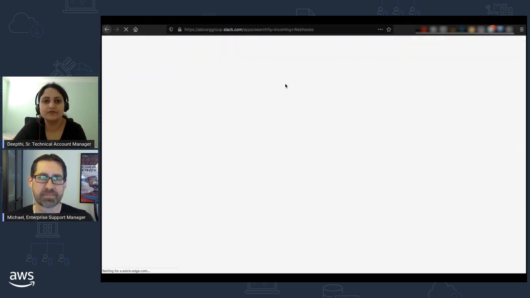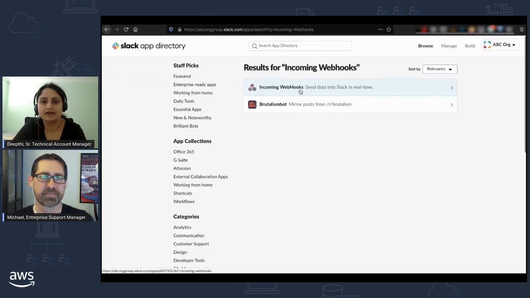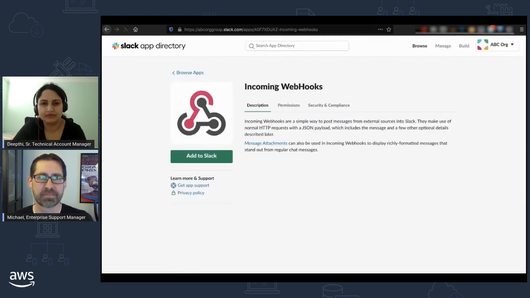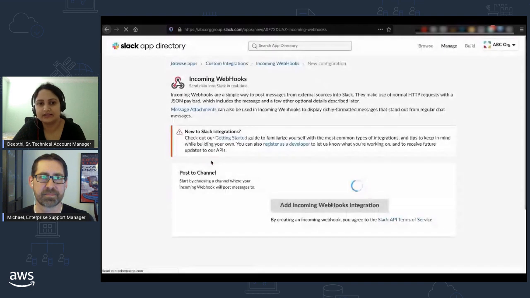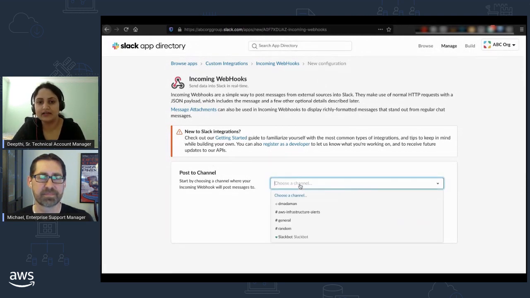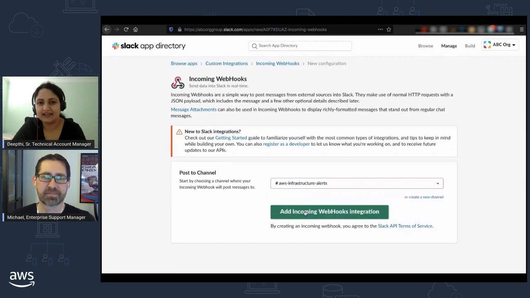So when I search for that, I do have an application. I'll click on that and I'll wait for it to populate. I'll hit the button Add to Slack. What this essentially does is add this application to a preferred channel. So in here, I created an AWS Infrastructure Alerts channel, and I click on Incoming Webhooks Integration.